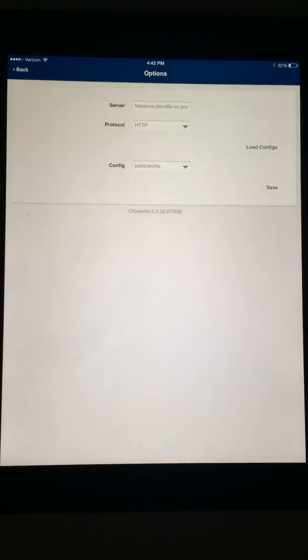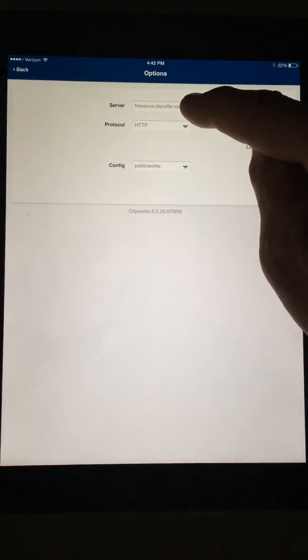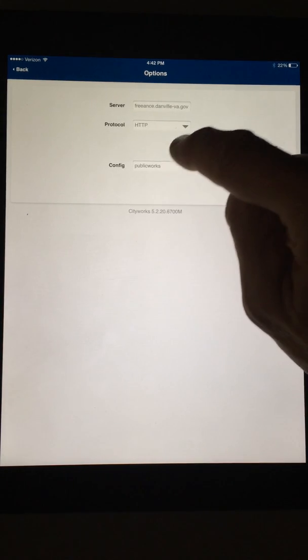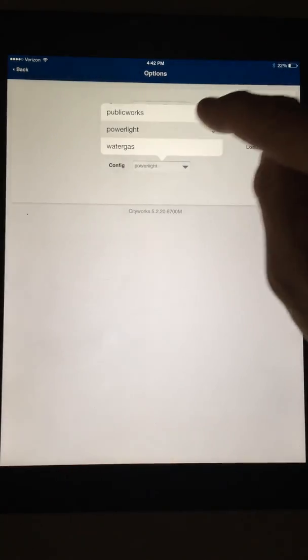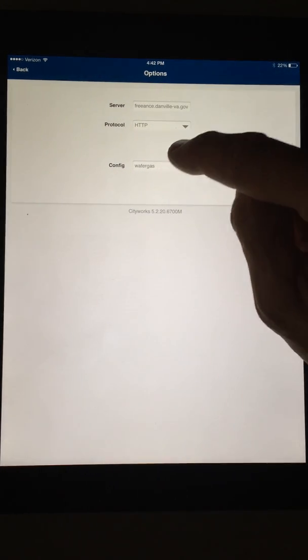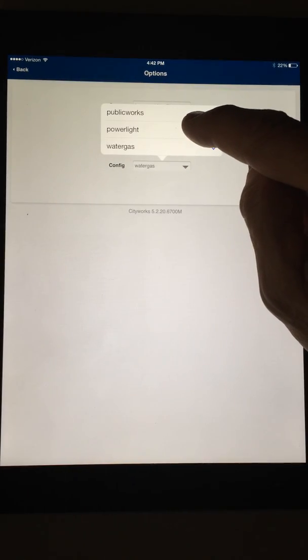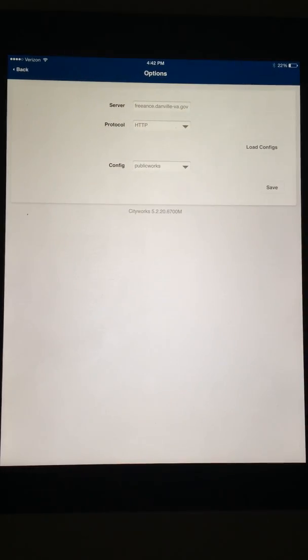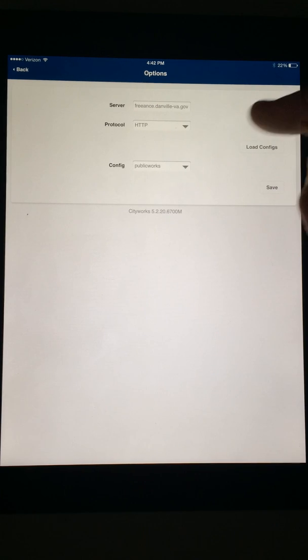We'll open it up, and the first time we go into this, we're going to have to type in the server address, which you'll get from your system administrator, Patty Clayton. Type that in, hit load configs, and we'll notice that we have three options currently. We might have more, we might have less, but what's important here is I want to select the group I'm working for. Once again, your system administrator is going to tell you, hey, go into Public Works, you're the Public Works group. Once I pick my configuration, hit save,